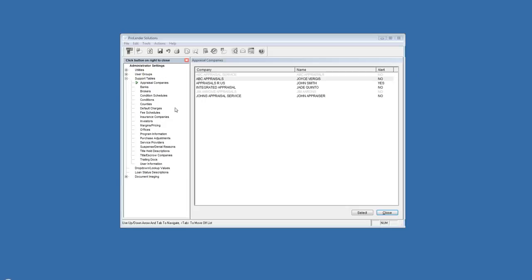So some of the tables that are available allow you to organize your appraisal companies, your banks, brokers, condition schedules and conditions, counties, default charges, which are your fees, fee schedules, insurance companies, investors, margin and pricing adjustments, offices, your program information, purchase adjustments, service providers, suspense and denial reasons, even title held descriptions, title and escrow companies, trailing docs, and of course user information, which is where you're going to actually store all of your information about your individual